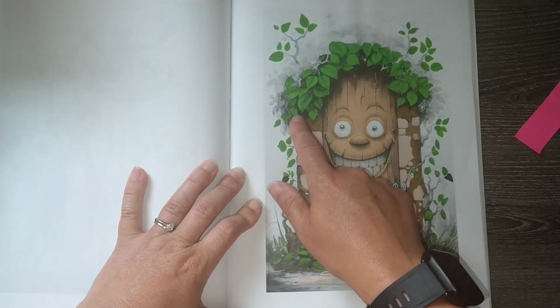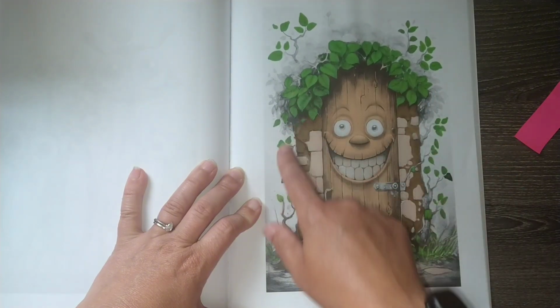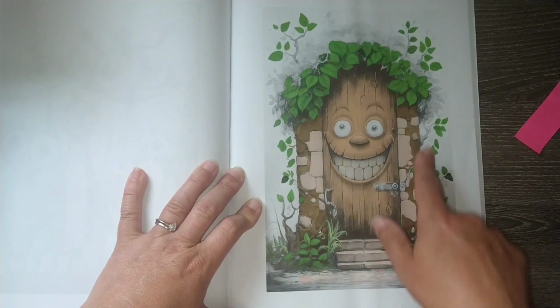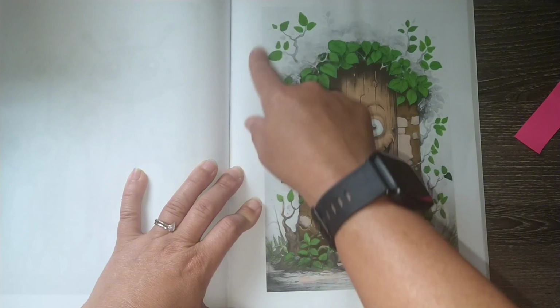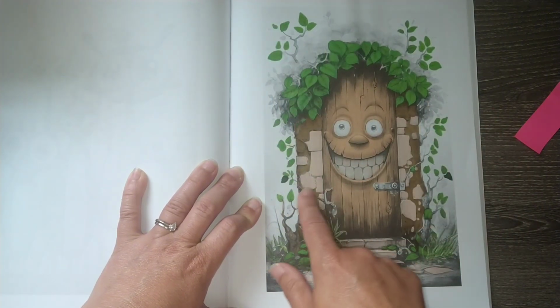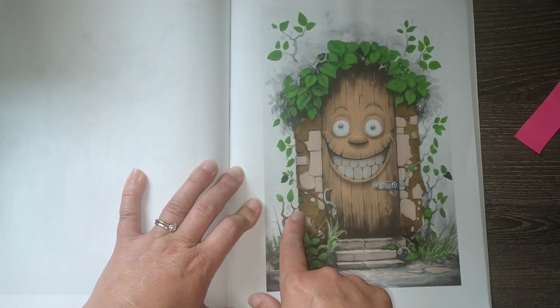I did start a little bit of the pencil shading on top on the leaves. I think most of the leaves are done, except for the shady parts in the back there. I'm trying to figure out how I want to do those. And then I need to add pencil to shade in the stonework, and